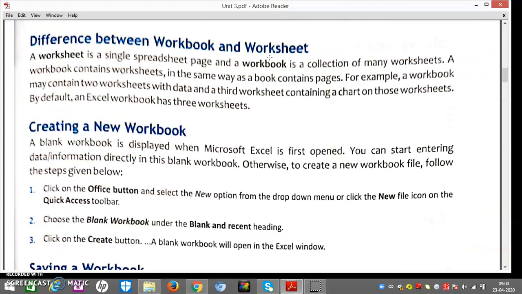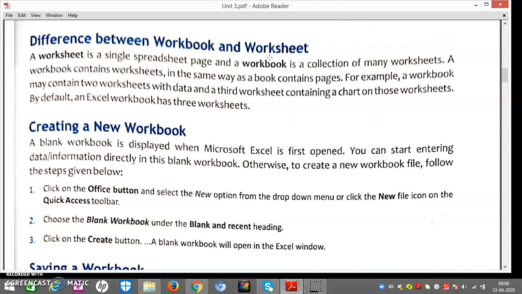A workbook contains worksheets in the same way as a book contains pages. For example, a workbook may contain two worksheets with data and a third worksheet containing a chart. By default, an Excel workbook has 3 worksheets.